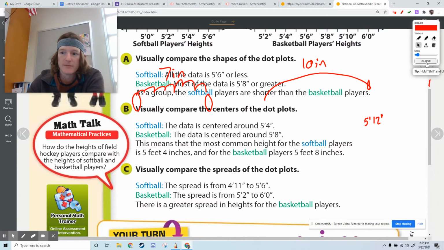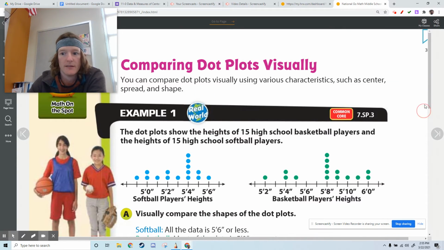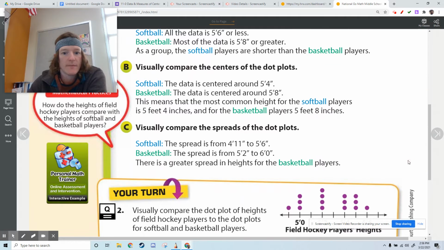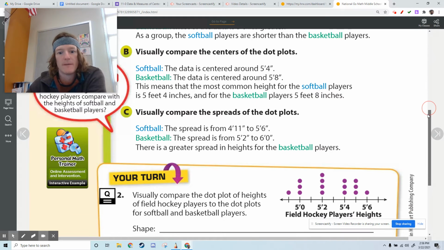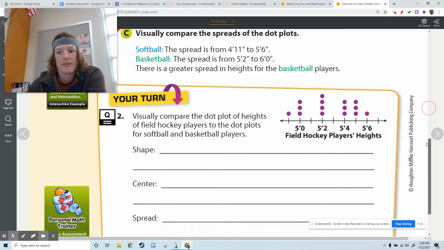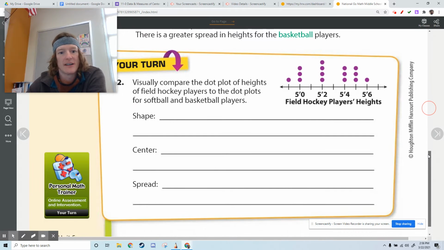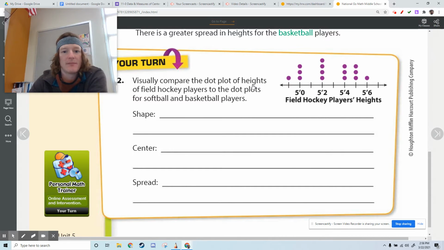Let's see what our book says. In softball, the spread is 4'11" to 5'6". Oh, they didn't even tell us how many inches that is. Well, it's 7 inches. In basketball, it's 5'2" to 6. So there's a greater spread in heights for basketball players. And we're going to add a third sport here. It's called field hockey. Visually compare the dot plots of field hockey players to the dots for softball and basketball